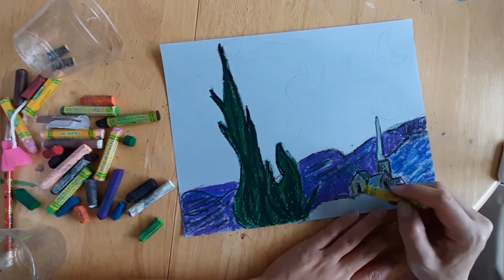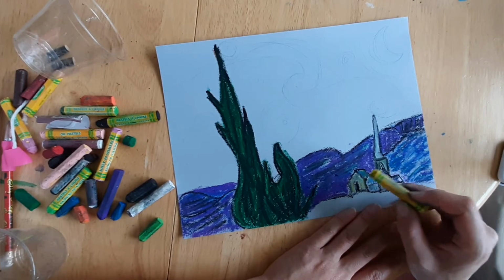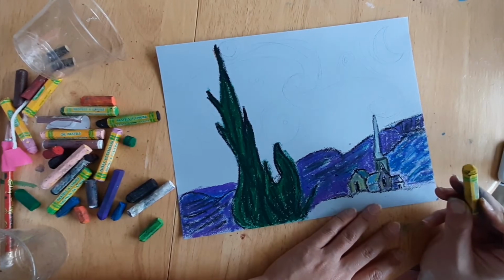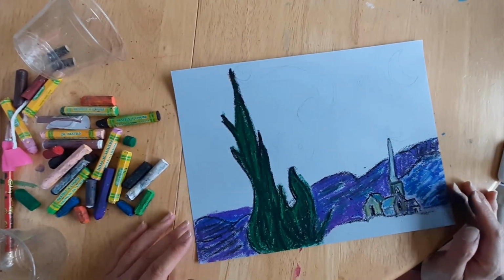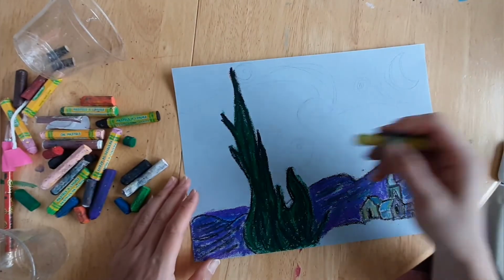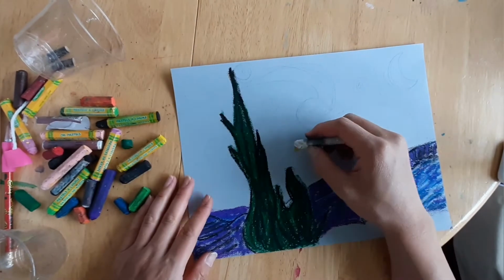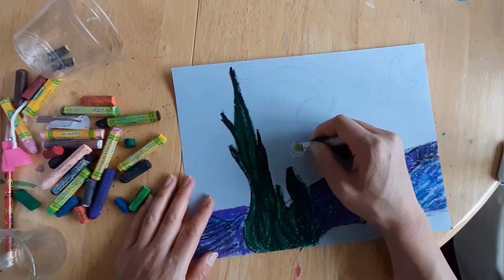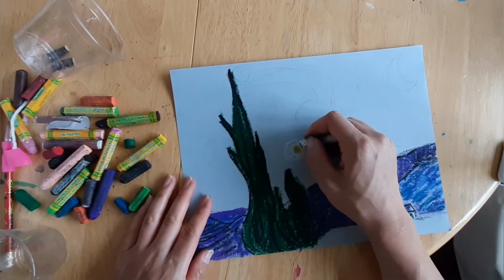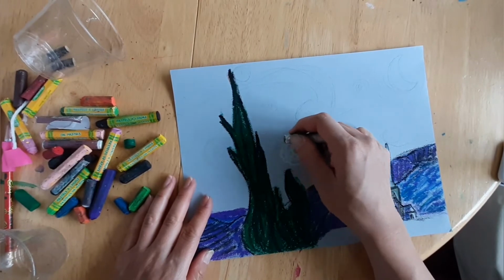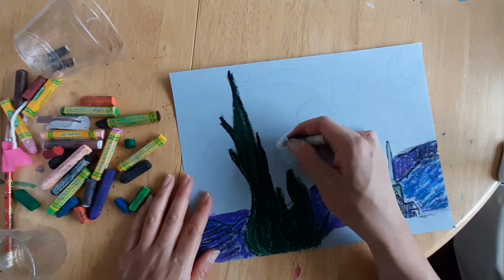I'm just adding a little bit of yellow in there. The yellow that he's using seems very tan, but I think it's okay for this project to use a little bit of this yellow. Okay, how about we try the stars now? So here I see yellow, so I'll make some yellow, and I definitely see some white. So you can see that he used a lot of paint strokes to create this. So if you look at what I'm doing, I'm trying to imitate that